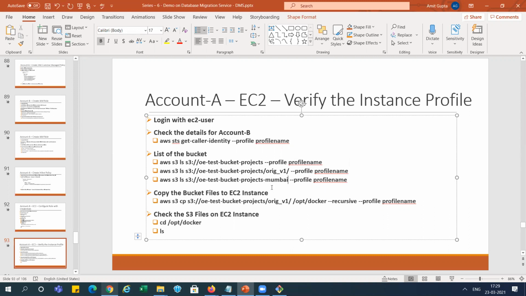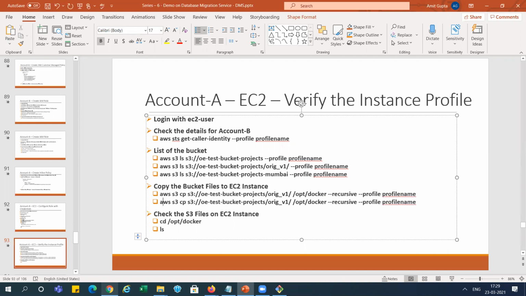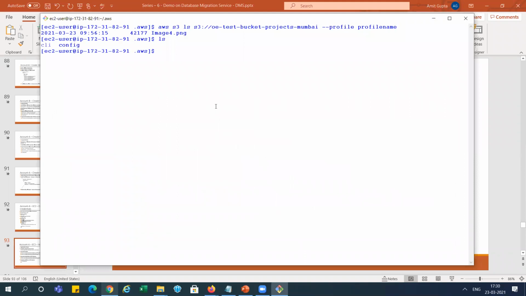It is working, right? Now what we need to do is copy this project using the copy command to our local system. I'm copying from Mumbai and copying to the home EC2 user, recursive, right? So you can see currently we have, sorry, we are in the root. Now you can see we have 1, 2, 3, and this content image 4. So let me run ls -l. It will give us a clear view.